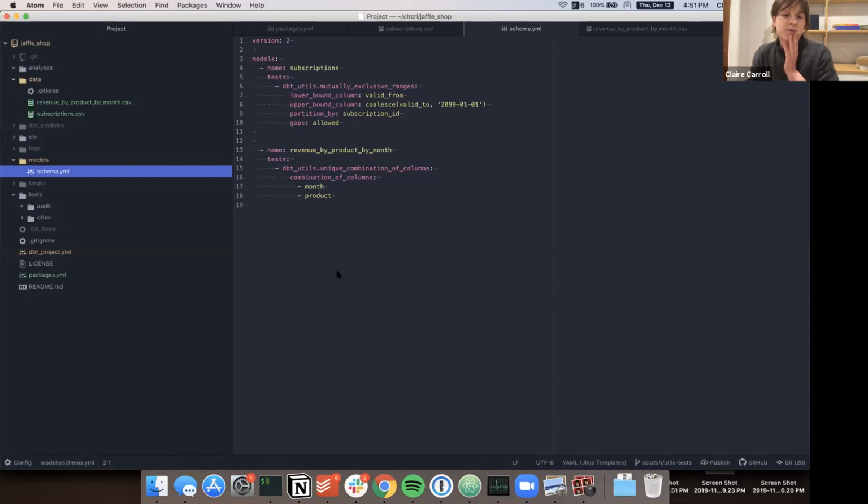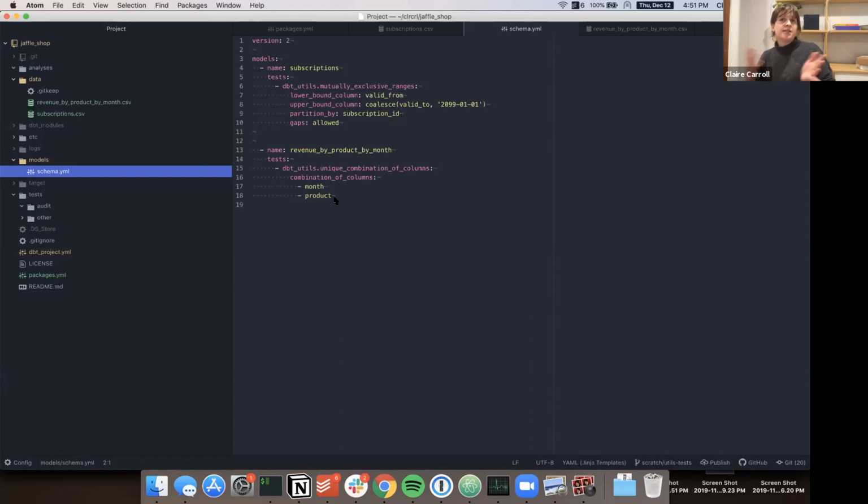And then the other one that we get questions about a lot, and that I've had sitting on my computer for a long time, is unique combination of columns. So I don't have one record per product, I have one record per product per month. The advice that we gave for a really long time is to construct a unique ID and test the uniqueness of that ID, or instead to pass a concatenation of those fields to the uniqueness test. When you're testing source data, which I've been doing more and more recently, pushing my tests as far upstream as possible to the source data, you can't really construct a unique ID. You can't use SQL to do that.